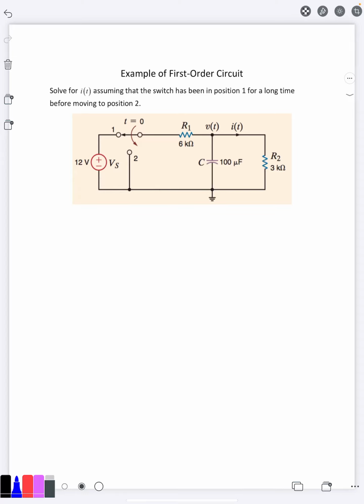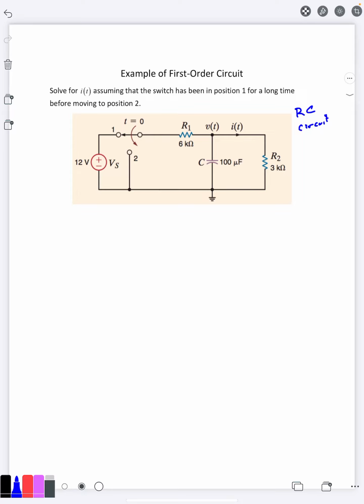Okay, so in this video, we're going to solve an example of a first order circuit. This is going to be an RC circuit because we have resistors and a capacitor in it. That's opposed to an RL circuit where you have resistors and inductors. Now, every one of these problems that we're looking for the transient response, we're going to have something that changes